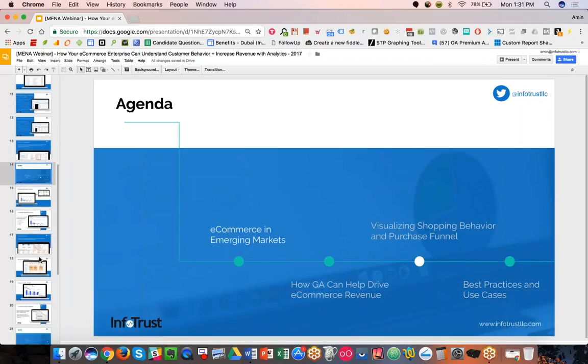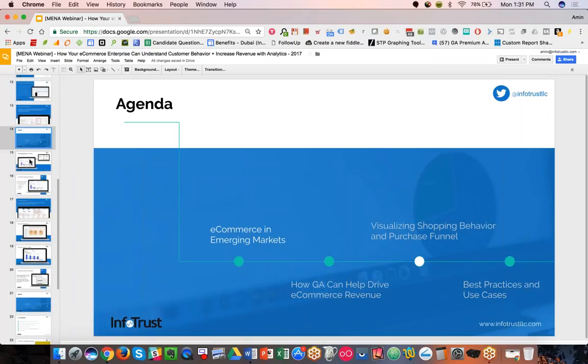Okay, to transition to the next section, I wanted to show a few examples of visualizing shopping behavior in the purchase funnel. Again, this is particularly with Google Analytics automatic reports, and a few custom reports as well. Of course, there are many different ways, as long as you have the tracking set up for what users are doing throughout your platform and your app, like I showed before via event tracking perhaps.